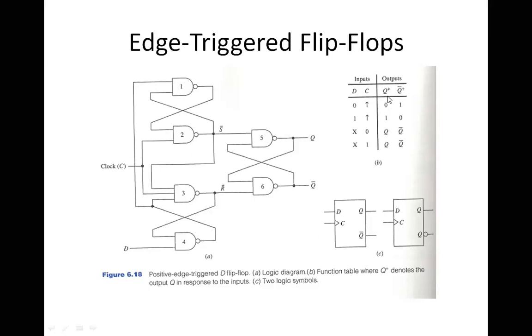Now Q plus denotes the output Q, and your Q bar is nothing but the complement of Q, and these will be the symbols of your D flip-flop. So how does your D flip-flop work? Whatever is the input, the same thing will be your output, but with a certain amount of delay. So 0 as the input, output is 0. 1 as the input, output is 1. When clock is 0, don't care, which means previous terms are maintained. Again, when clock is 1 and you don't have any input given, then the same state is continued.